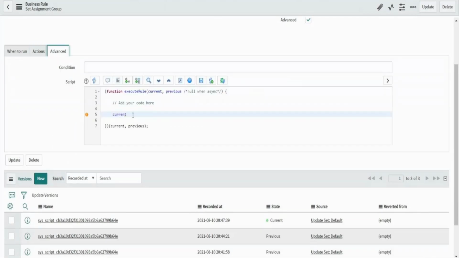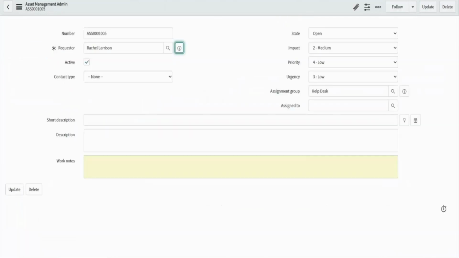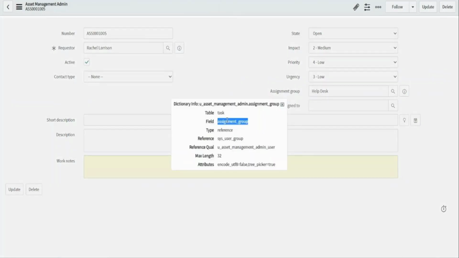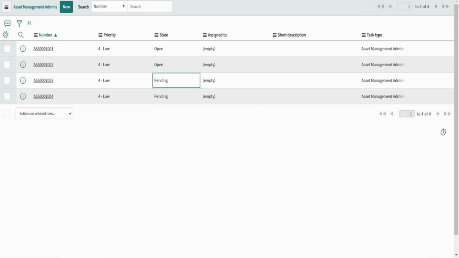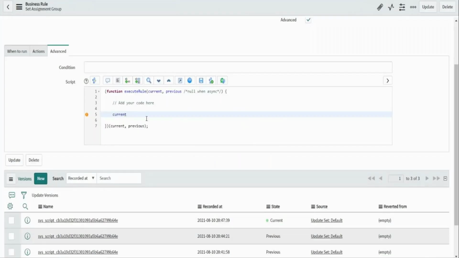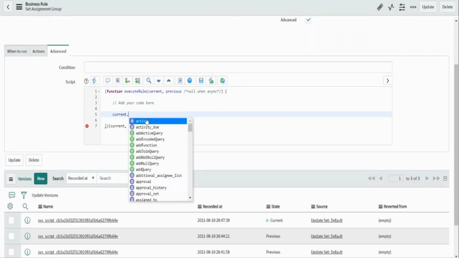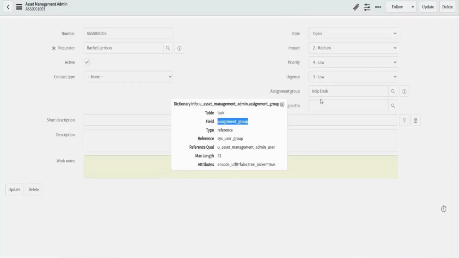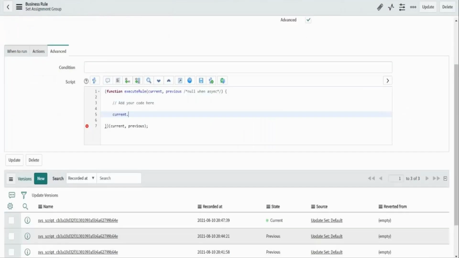What was my condition? I have to see the assignment group, right? So, how am I going to access the assignment group value? The backend value, right? So, current dot assignment group is not this. See, now we are dot walking, right? The current record, that record's assignment group is not this. So that's a dot walk. Assignment group is not equal to